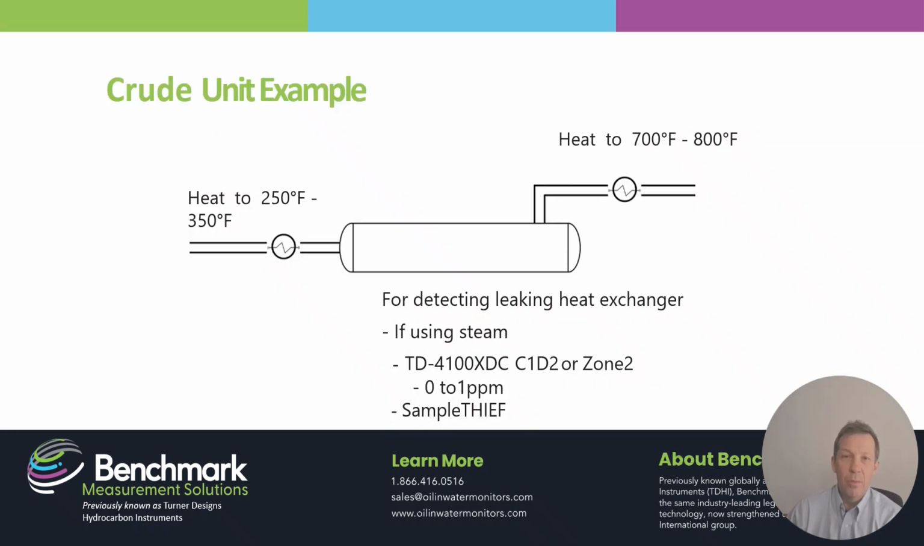In this drawing, we're illustrating a typical desalter within an oil refinery. The crude oil before the desalter is heated by steam process to about 250 to 300 degrees Fahrenheit. The crude oil after the desalter, before the distillation, is further heated to 700 to 800 degrees Fahrenheit. If a leak were to occur in either of these places, our